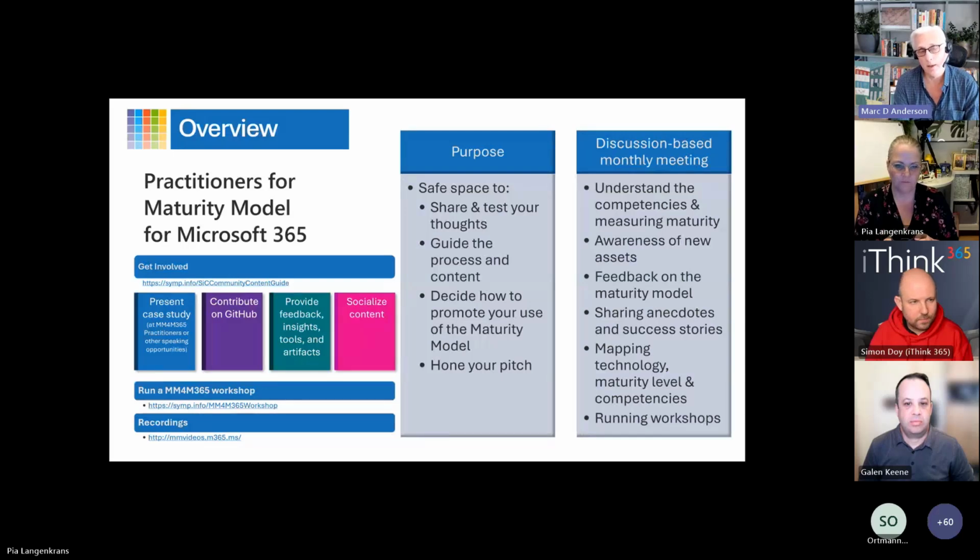All of the content that is part of the maturity model that Simon just talked about is available on GitHub for pull requests. If you're not a GitHub person, that may sound very intimidating, but we can help you with that. So if you get in touch with one of us, we can take your ideas, or if you see a spelling mistake, any kind of contribution makes a difference. If you have thoughts about additional content, additional competencies, all of that sort of stuff, we'd love to hear it.